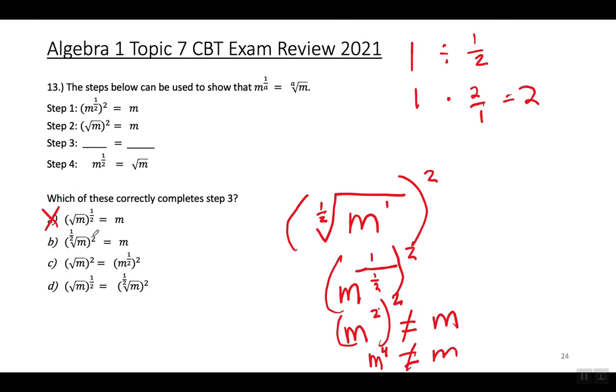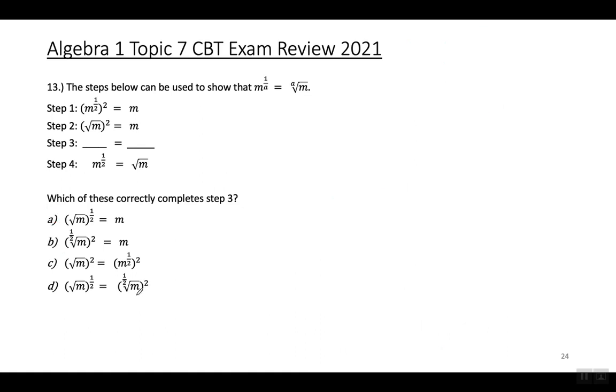Alright, so when I work this out and simplify it, it gives me m to the fourth power, and that's not equal to m, so this makes no sense. A and B are wrong. Okay, let's look at C. Vamos a mirar C. Okay, so C, on the left-hand side, I got this,